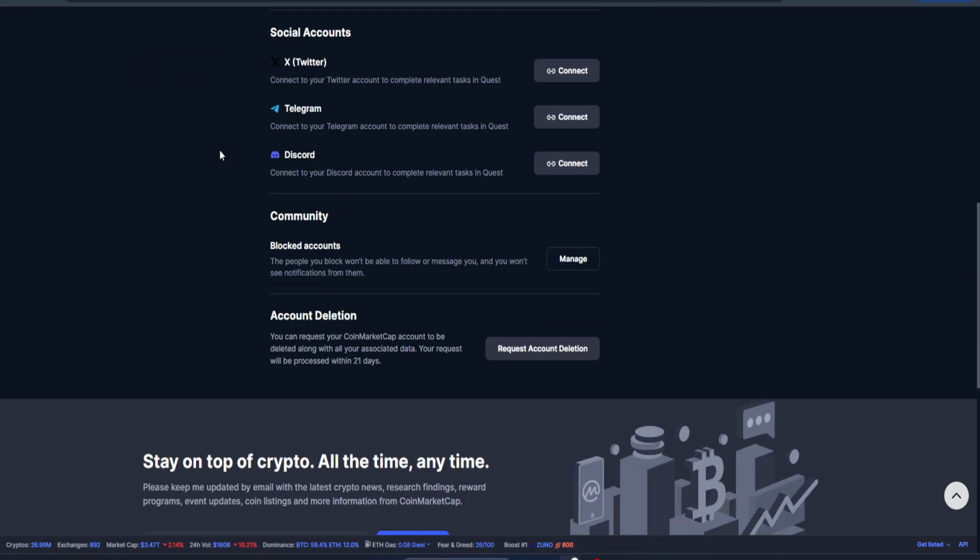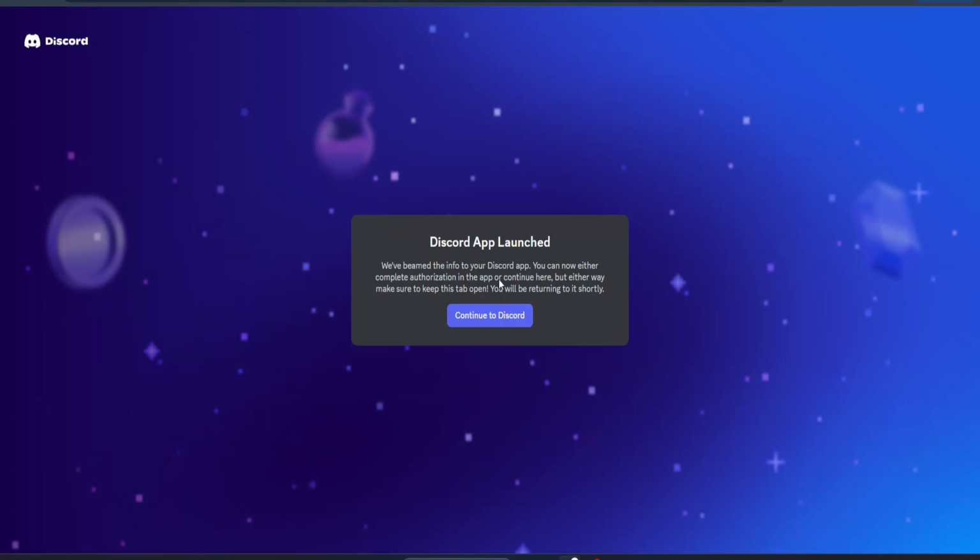After you've clicked Settings, you'll find yourself on your profile page. Here, take a moment to breathe and scroll down the page. You're searching for the integration options that allow you to connect external platforms, such as Discord, to your CoinMarketCap account. It's a good idea to familiarize yourself with this page, as it holds key configurations that can enhance your user